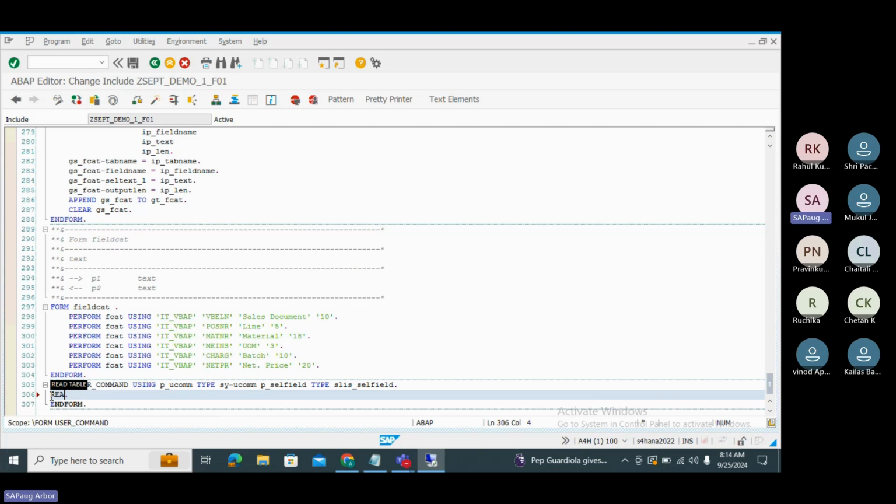So read the table which we have, gt_vbap index, or you can assign into gs_vbap index, p_select_field. Here we have the index